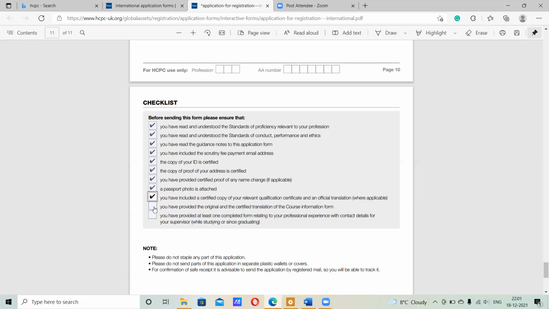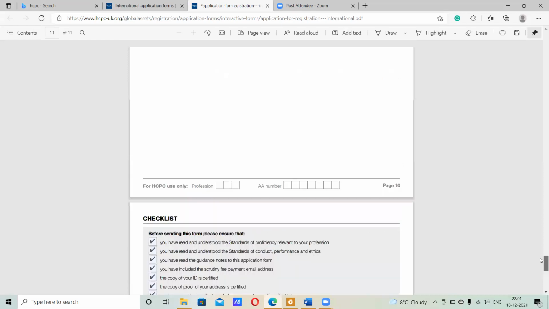Finally, you also need to provide your course information form. And this I am going to dwell on a little more in the next few minutes. So just hold on to that thought. And finally, you need to provide at least one completed form related to your professional experience with contact details. Now, this section is exactly in your application form where you either talk about your internship experience or your relevant work experience. And just to elaborate briefly, while we said in the last video that,